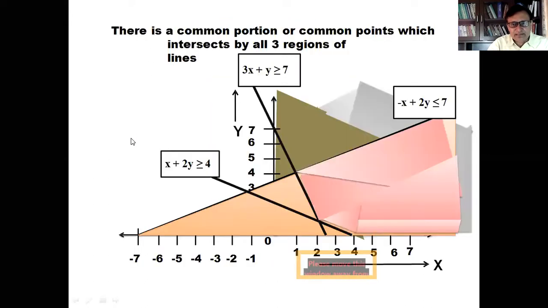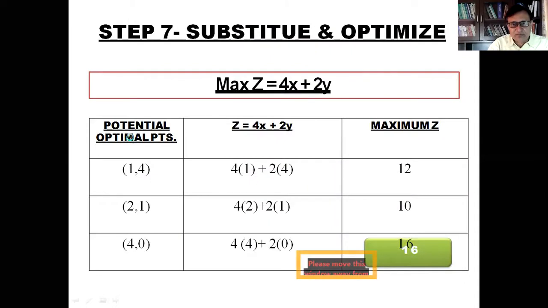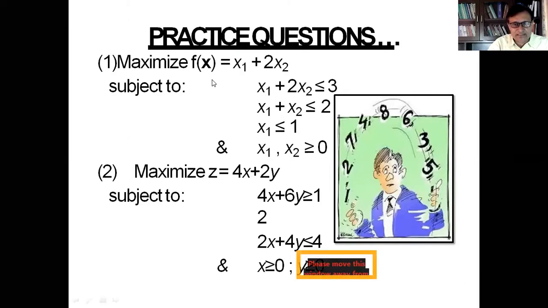I'm just giving you one example to all of you. These are the two practice questions you can note down. Note down these two practice questions. I will pause for 1 minute and you try to solve these questions, because you have already done it at the graduation level. That's why I am just recapitulating all the points which you have studied at the graduation level. So these are the practice questions. Please note it down. I'm just pausing for 1 minute so that you can note down, and after that we will proceed.